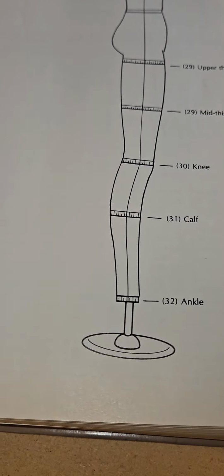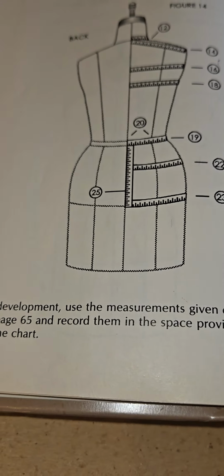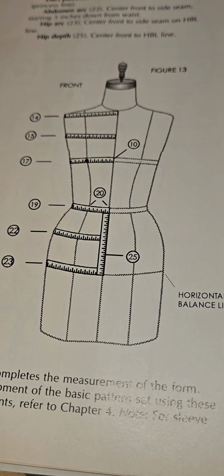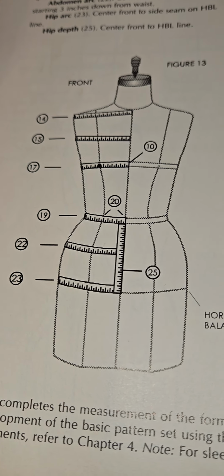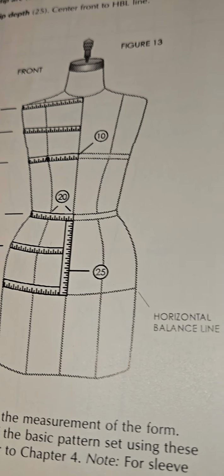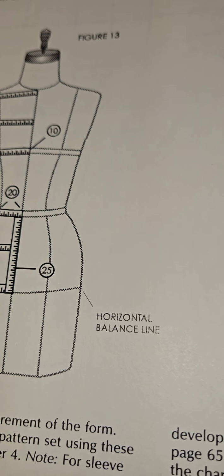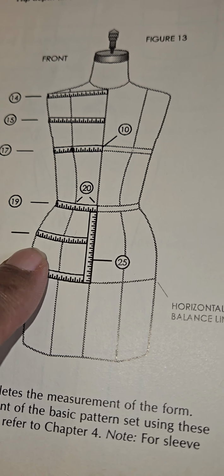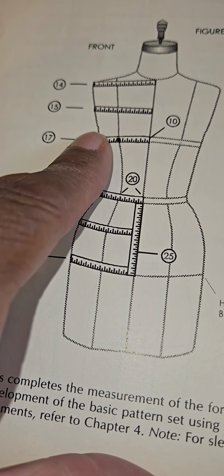But when you're drafting a pattern, you're actually going to need more of the measurements than what I'm showing you right here, okay? So now when you're doing just a basic sloper with your measurements, these are the ones that you're going to want to make sure that you take, and that is, your waistline measurement, your high hip, your hip line, your bust line,